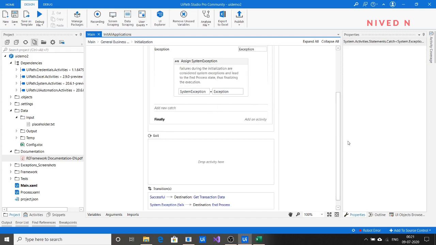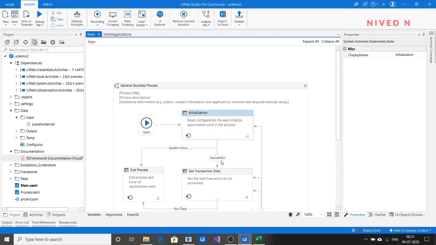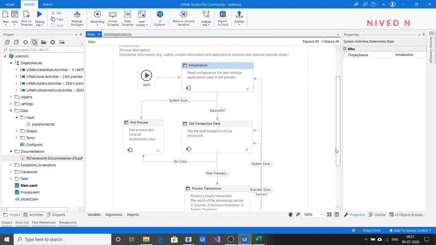Automatically this exception is caught by the catch section of the try catch method, and you can see that the exception is found and it will close the application instead of retrying again and again. Whenever we are not throwing the exception, the system retries, but that is of no use, because until you change the credentials, there is no use in retrying the system again and again. So that is one advantage of providing this throw exception activity.